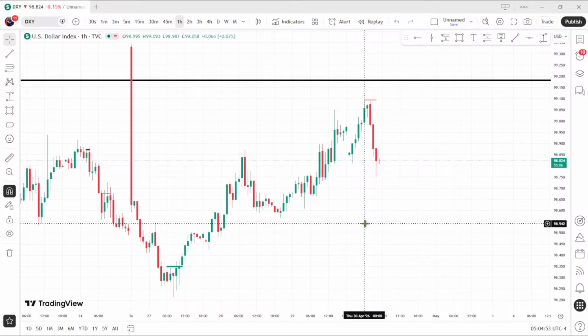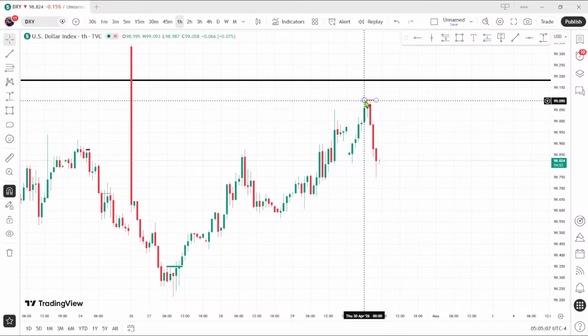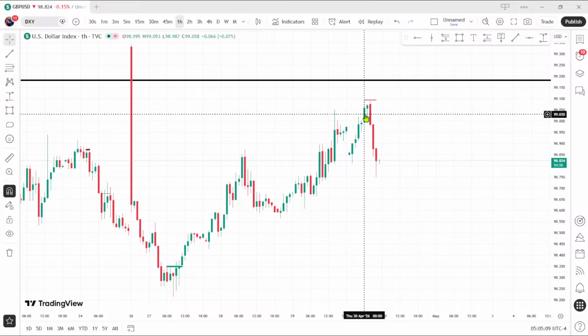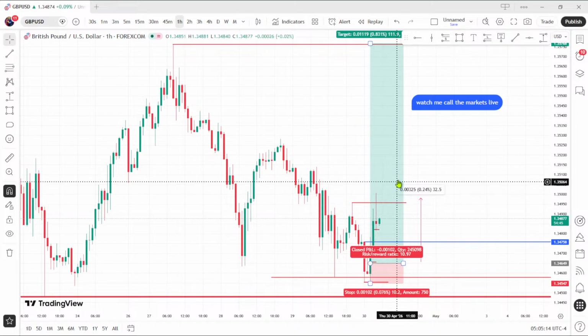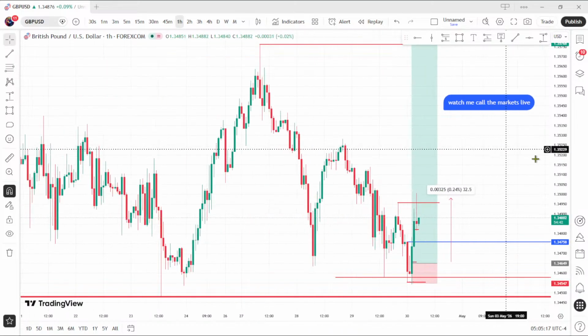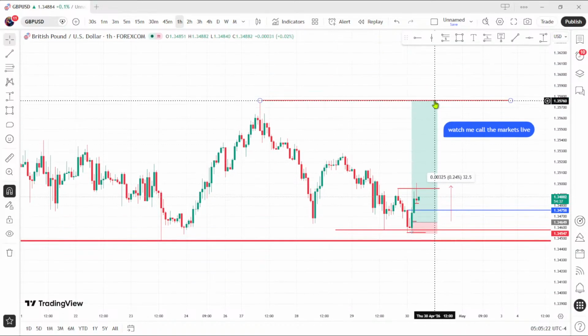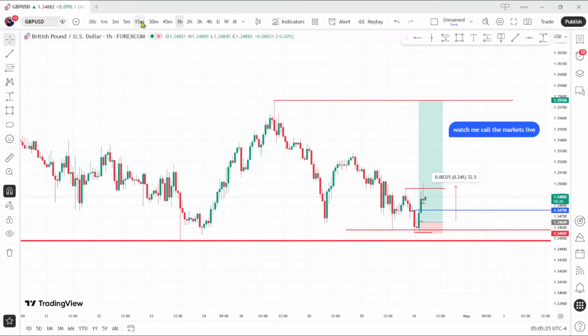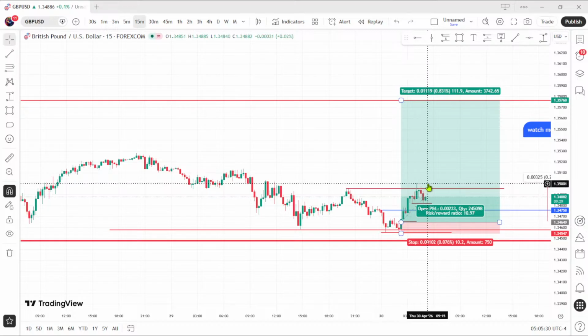You see that SMT? This high at 00 Thursday, the 1 hour candlestick at 00, the 1 hour candlestick in the DXY. You see, it hasn't swept that high, while here in the cable it has swept it, right? I'll still be expecting bullish prices. Price can also reach up to this high, but if you've not taken out something, put a limit here, put something here so that you can take out something.